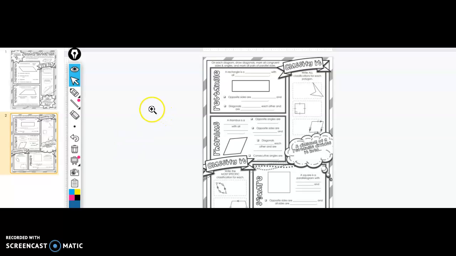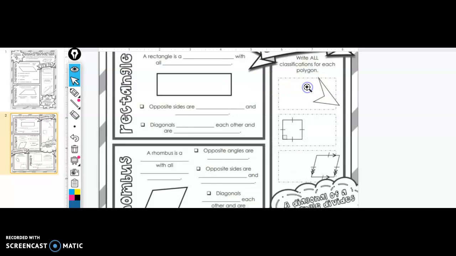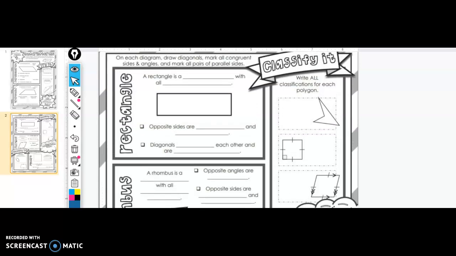Okay, so I want to take a look at the Classify It section over here on the right side of the second page. I'm going to zoom in on that section. Okay, so I want to classify, and I have a text box in there, and it says to write all